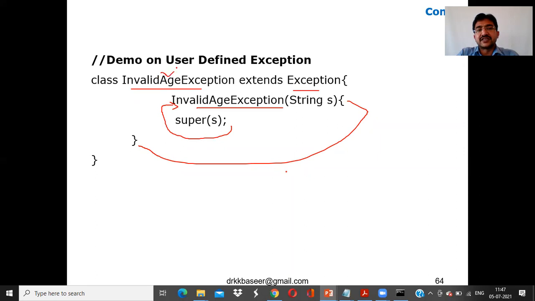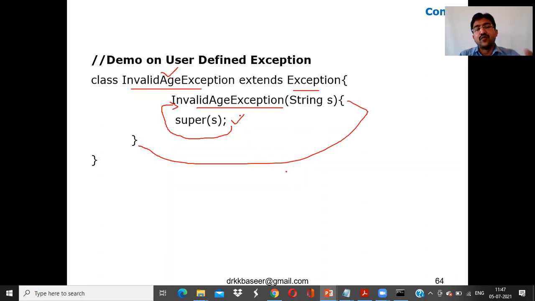Whatever user-defined class you consider, you need to create a user-defined constructor for that class. So the class name here is InvalidAgeException, and the constructor is also InvalidAgeException with one parameter, a String s, and super(s) means it is calling the Exception class itself. If you are not writing a constructor, the compiler will automatically create the default constructor, but here it is user-defined, so you have to call it yourself. That's why I'm using super here. Hope you remember from the previous topic that when you compile a program without any constructor, by default the compiler will add one.